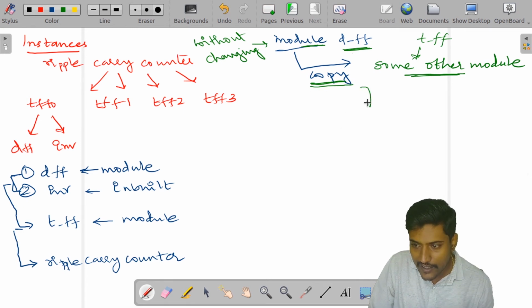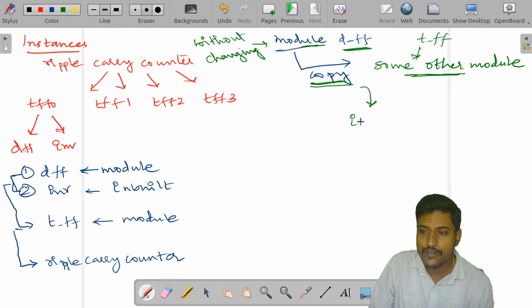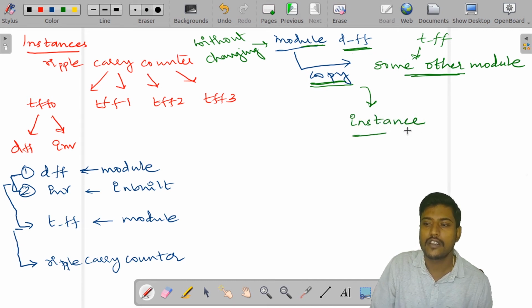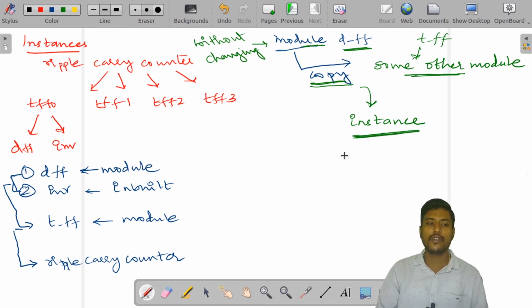That generated copy, I can call it an instance. This copied format, which was earlier a module, if I take a copy of that, I can call it an instance.